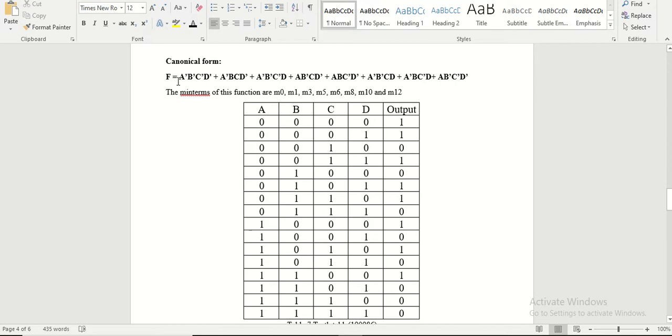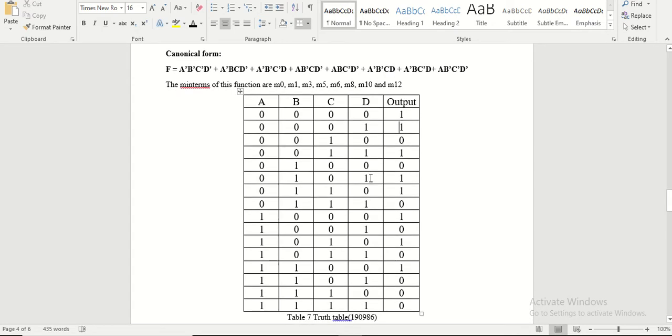And over the top you can see there is a function f written. Here we have used SOPs to write this truth table. So these are basically the minterms. This A bar, B bar, C bar and D bar corresponds to this minterm, and all the minterms that are 1 have been written here in the form of SOPs. So in order to simplify it, we make a Karnaugh map.